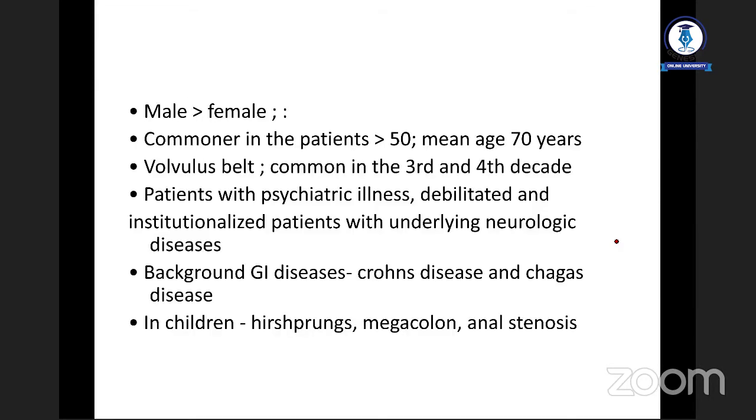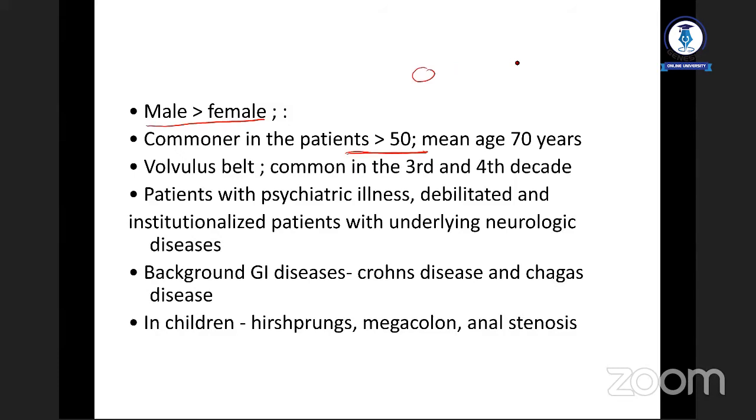Okay. There is a statistic that more males suffer from this than females, but recently I have seen one female patient having volvulus. So these statistics are not definite, but it is more common in patients who are more than 50 years old. That's correct. Most of my patients were above 50 years. It's very rare in younger generations. I will come to why this happens, because one of the predisposing factors for volvulus is